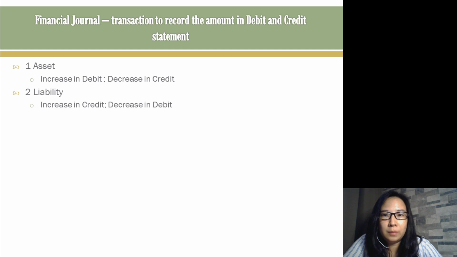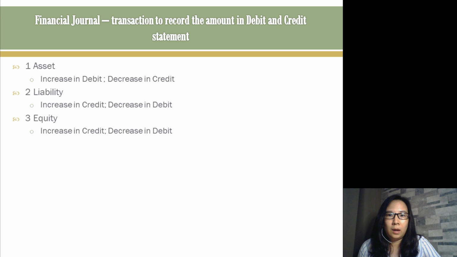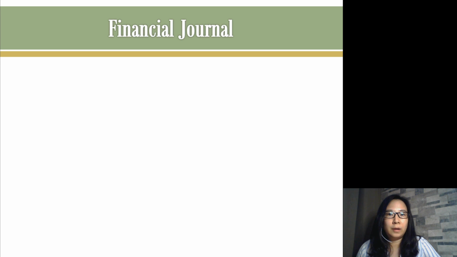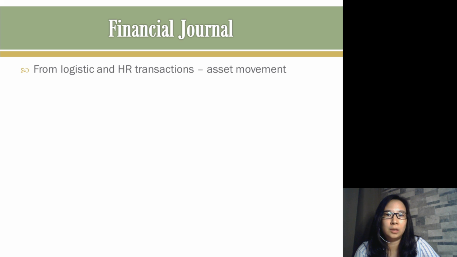And then when we talk about liability, it will increase in credit and decrease in debit. Also for equity, revenue, and expense, all of them will increase in credit and decrease in debit. So the financial journal will be recorded from two sources. The first source is from the logistic and HR transactions,